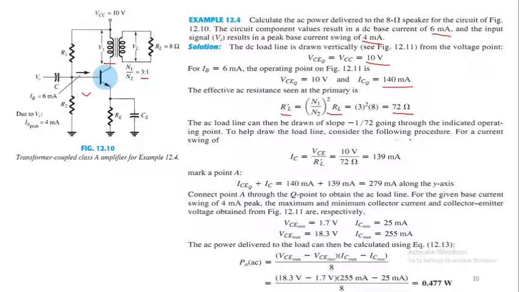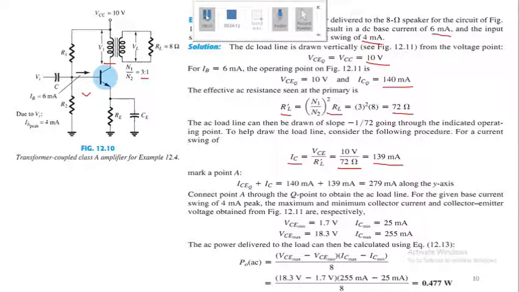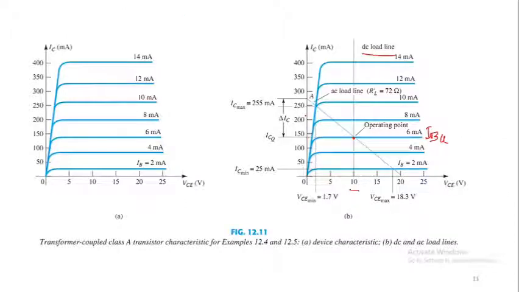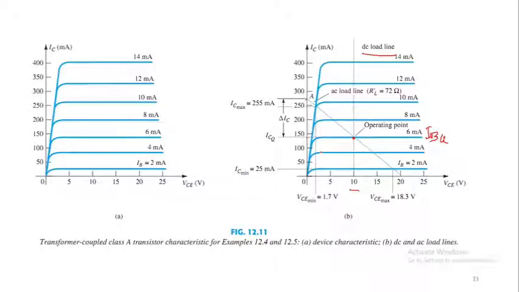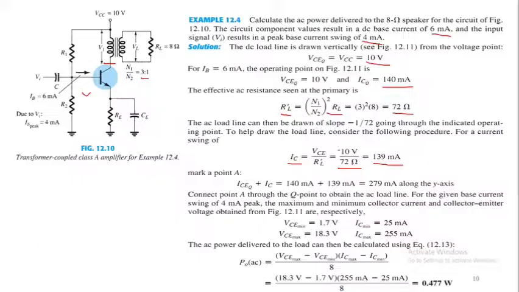To help draw the load line, consider the following procedure for a current swing of this IC, which is equal to VCE over RL prime, that is equal to 10 volt divided by 72 ohm equal to 139 milliampere। तो जनरली आपको अगर याद हो तो हम इस साइड पे जो कि IC एक्सेस है या VCE ज़ीरो वाला एक्सेस है उस पे हम पॉइंट फाइंड करते होते थे VCC बाय RC से। Here RC is now RL prime and VCC equal to VCE which is 10 volt। तो इस एक्सेस पे अगर हम एक पॉइंट फाइंड करना चाह रहे हैं तो वो आपके पास आ जाता है 139,